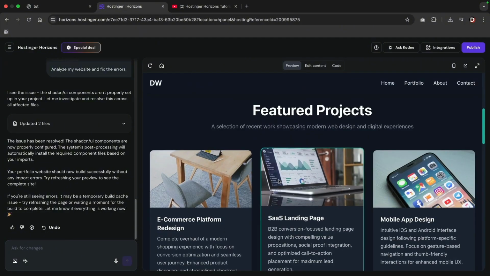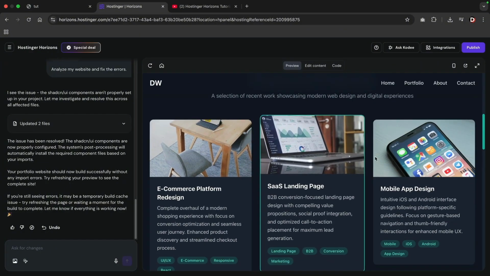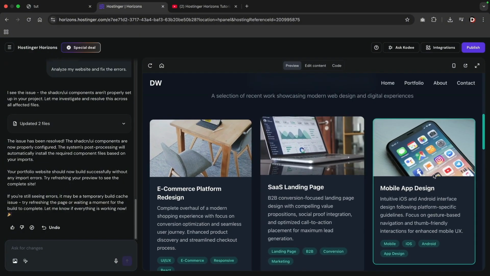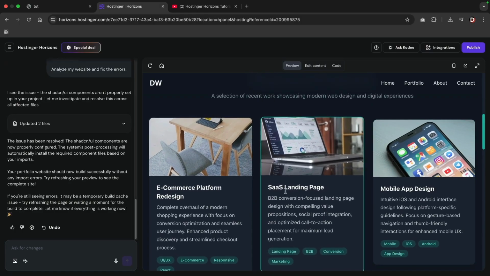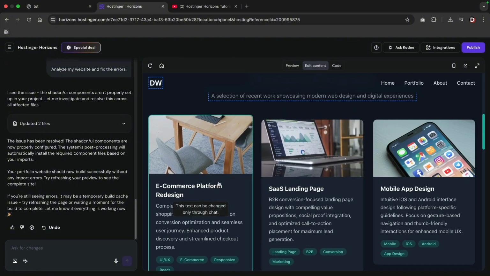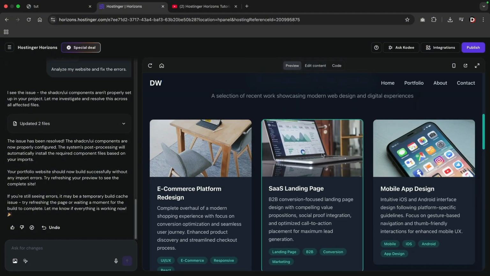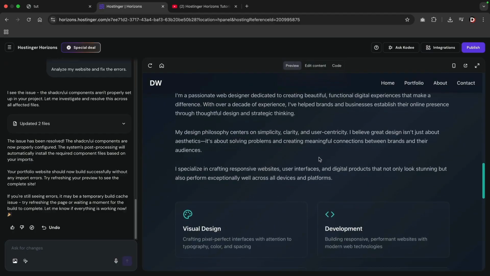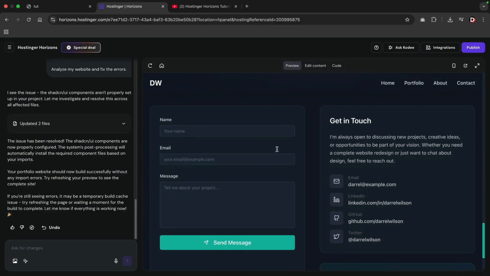Now here we have our featured projects where we have different projects where you can upload the images, and you can fully customize and adjust this by clicking on edit content. And then you can go ahead and adjust every single part of your AI websites. Scrolling down, we have our About Me section, we have some upsells, and then we have a contact form here